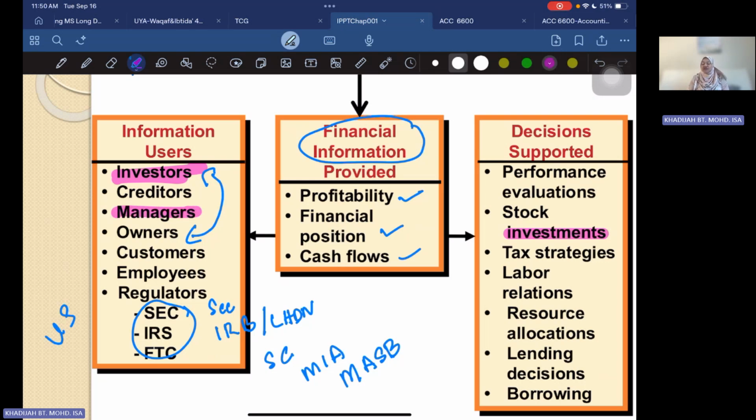All right, and then tax strategy, of course. All right, whether you want to invest, what kind of tax incentive is available. All right, what kind of business transaction you should go into that may have some tax implications. Yeah. And labor relations. All right, talk about resource allocation. Should you buy more stocks, or should you hire more employees? All right, so all these things relate back to the decision making that you make, based on financial